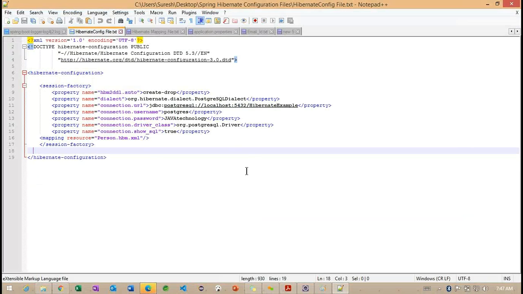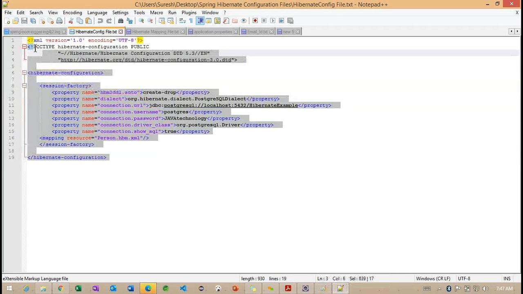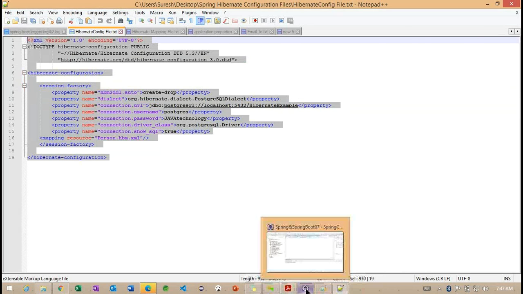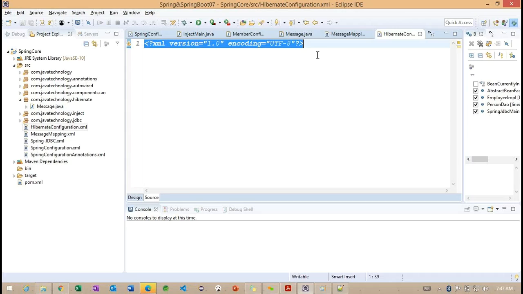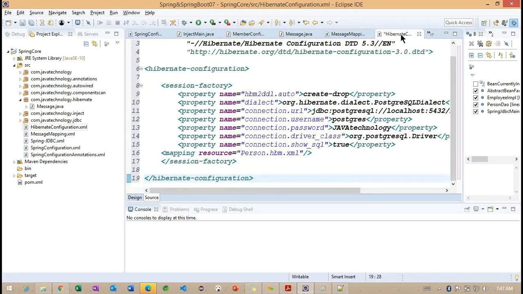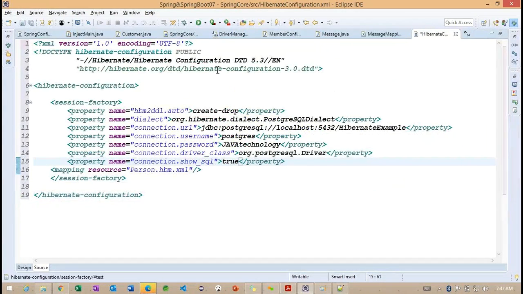Now you can see, what is the configuration we are having here? Getting the point. So carefully observe here. We need to copy the configuration DTD, and previously we copied the mapping DTD here. Getting the point. So previously we copied the mapping DTD. Now we are trying to copy the Hibernate configuration.